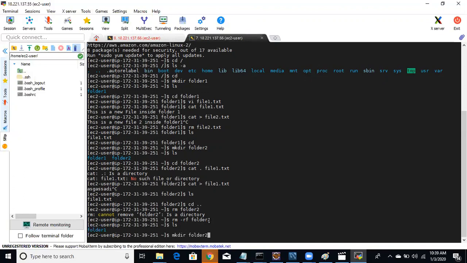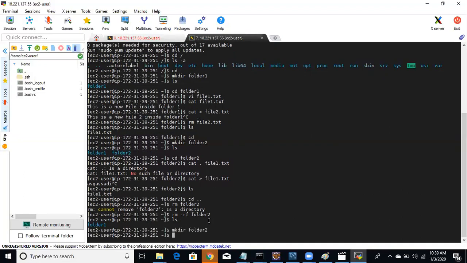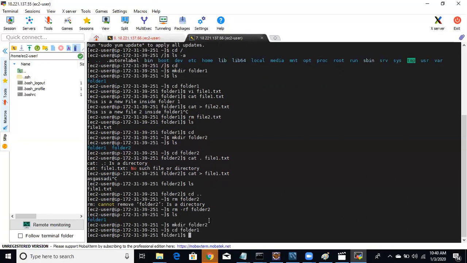So in the main directory, folder2. So this folder2 is created. Now what else am I going to do? Acha. Let's go inside folder1. So I am going to say,